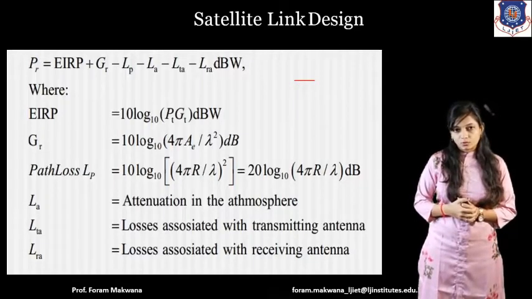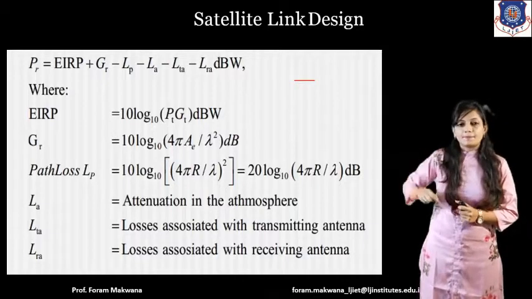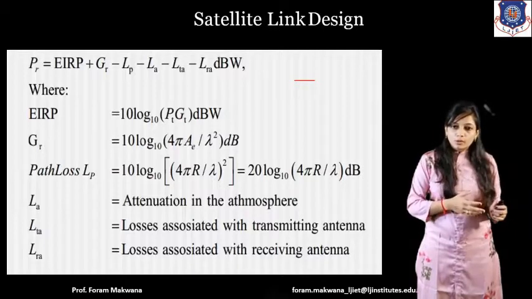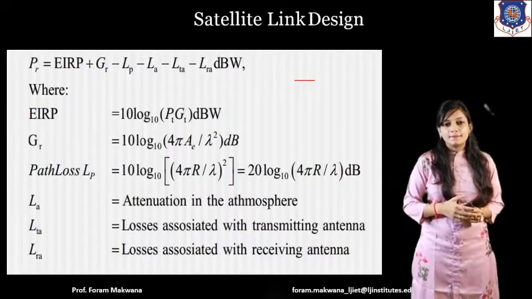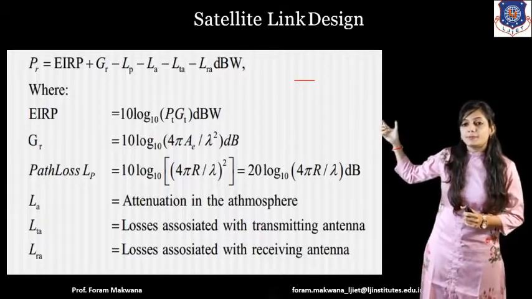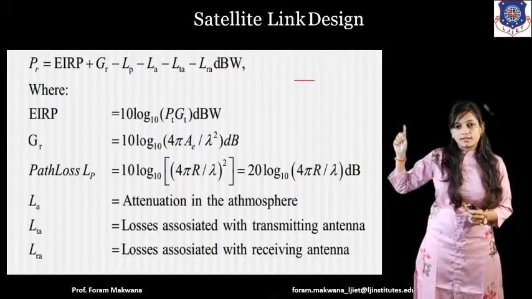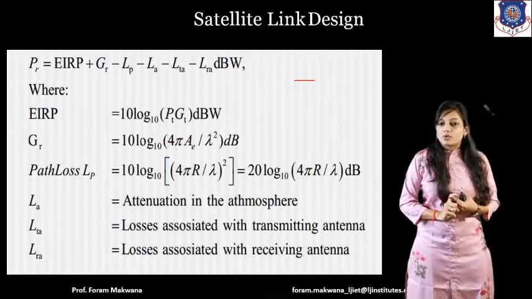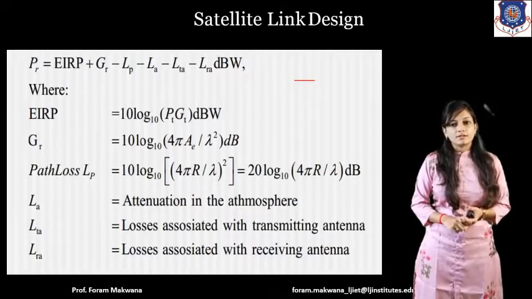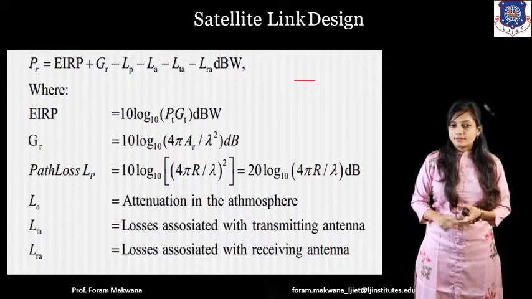Apart from that, we know that over here I have represented EIRP. What does it mean? Whether it is in normal quantity or in decibel, we must know that EIRP over here is represented in decibel units. So 10 log base 10 PT into GT. For example, if EIRP is not given and the only given are PT and GT, right? Then you need to multiply them and convert that into decibel. Right?